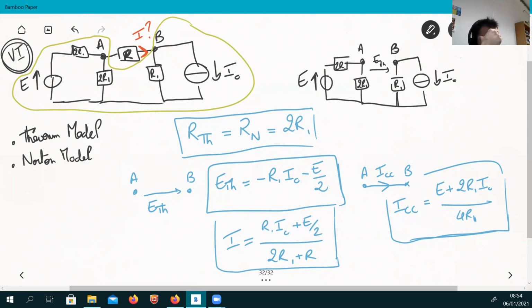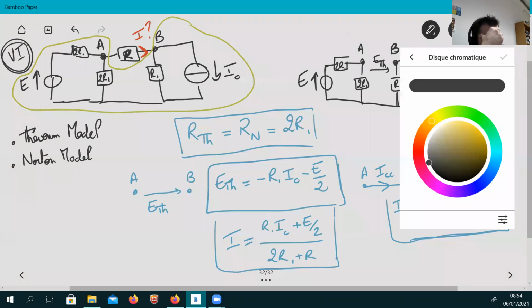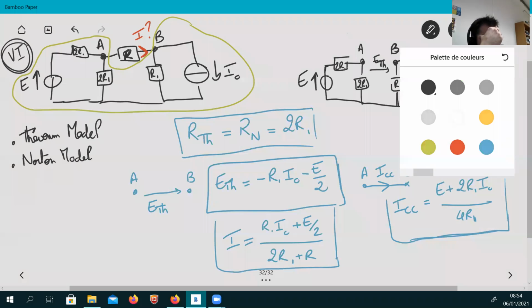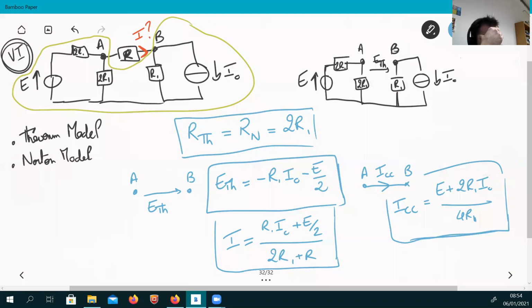So this is the circuit you face. The question is, what is ETH here? So you see that now the only thing you have to apply is Kirchhoff's law. Again, same protocol as we used to apply. So here there is no current flowing between A and B. Here the current is 0,